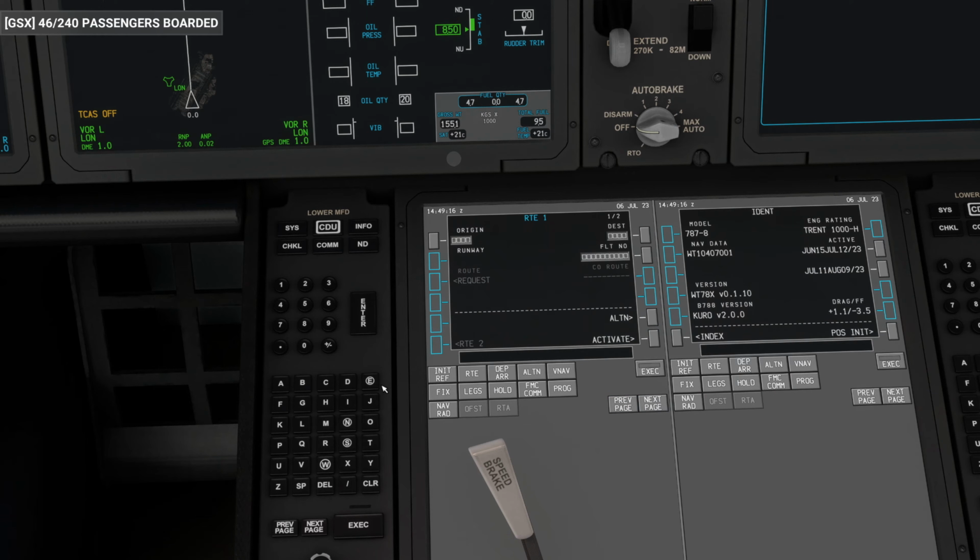Head over to the route page, and we're going to go Echo Golf Lima Lima for today's flight, and then Echo Golf Charlie Charlie for the destination. Flight number is whatever you're going to be operating on today. For me, we are Osprey 103, scheduled service up to Manchester. And then we can activate the flight plan and begin prepping for that. So we'll execute it, click next page,